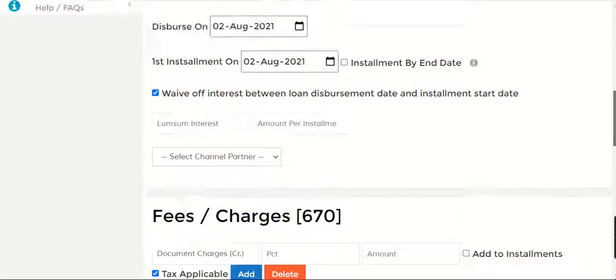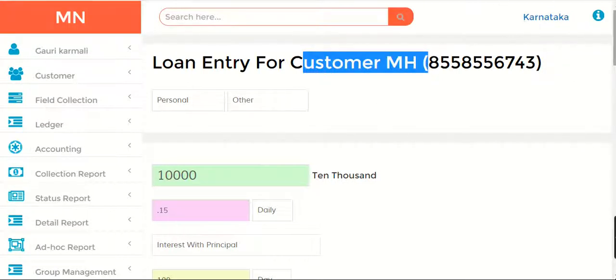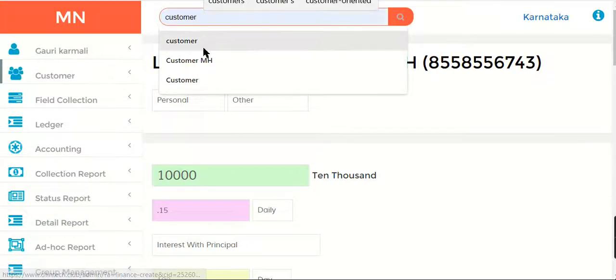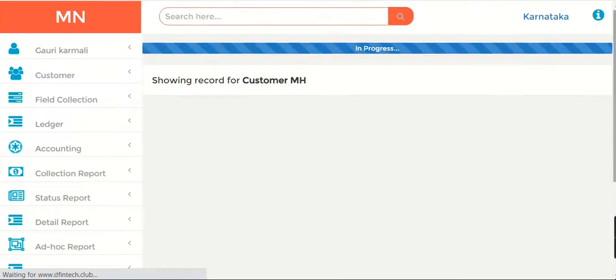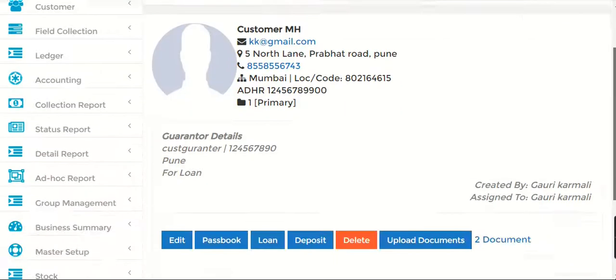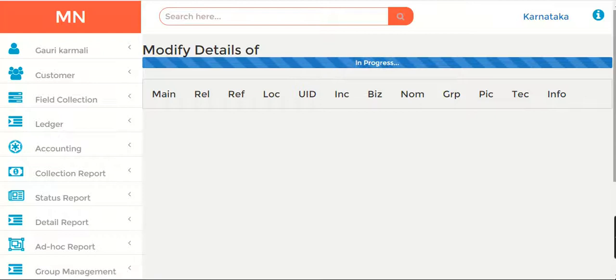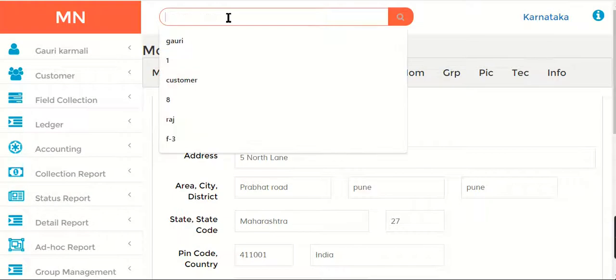IGST is also coming because this person is in Karnataka. We are working in Karnataka state, sorry, Karnataka branch, and the customer is from Maharashtra. Okay, actually, let's do something for the person in Maharashtra. Let's check if we have added a state code. I think we have added the state code, and that's why it's taking the IGST as well. Yes, so it's working correctly, no issues there.